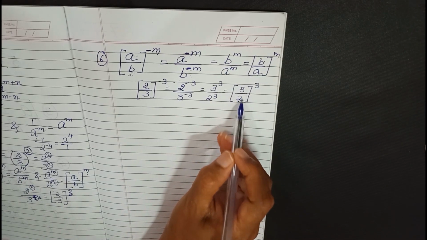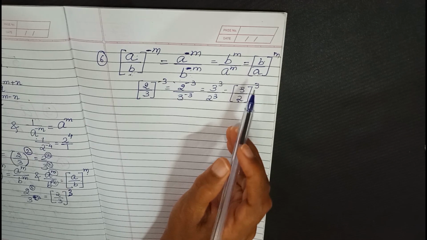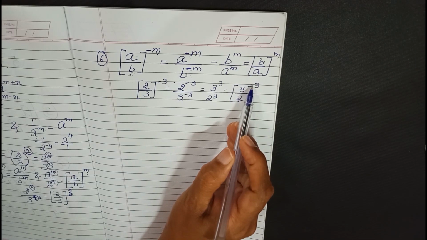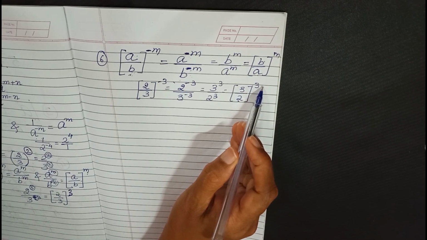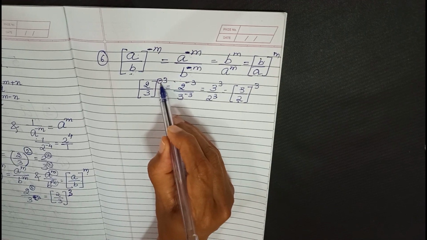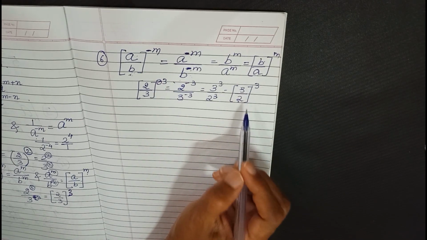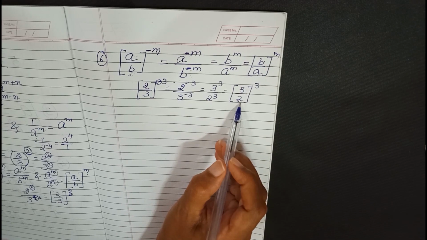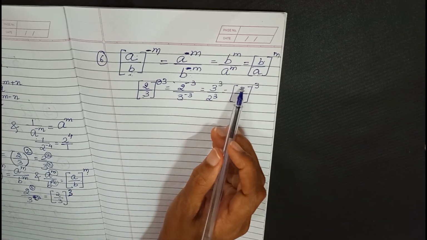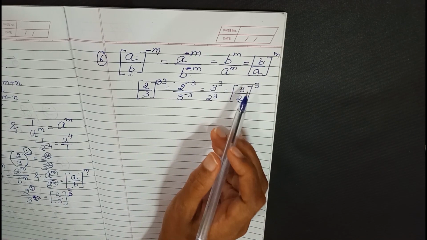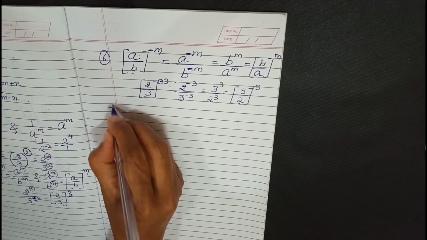Now the numbers have come in the correct position. So this negative sign is gone and there is no negative sign here. There is just 3, right? And why did we write the negative sign? Because we have corrected the position of the numbers. 2 has come back to its correct position. 3 has come back to its correct position. So this was rule number 6.